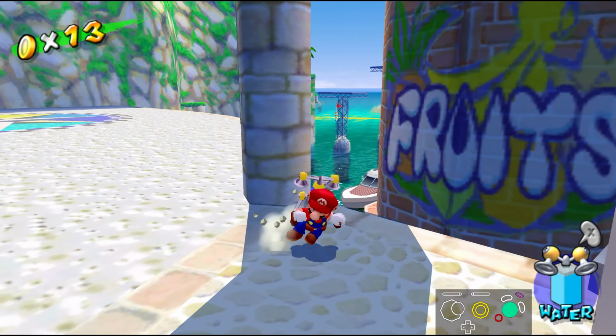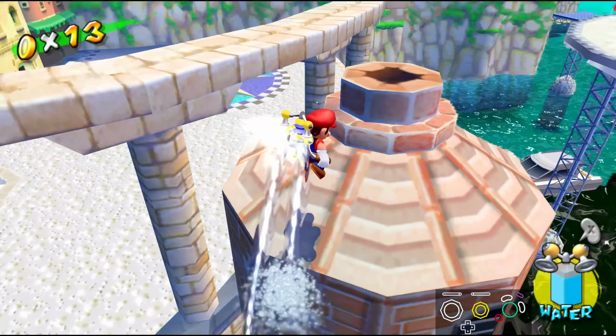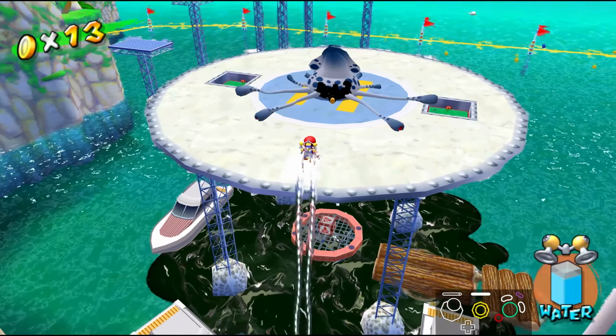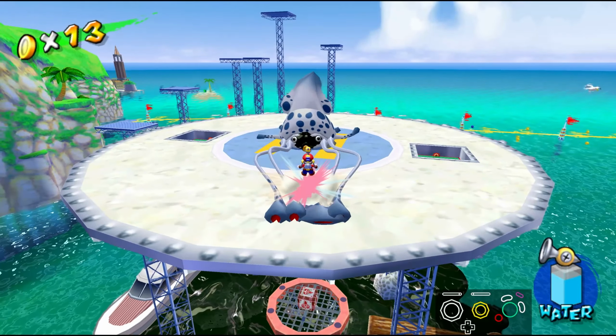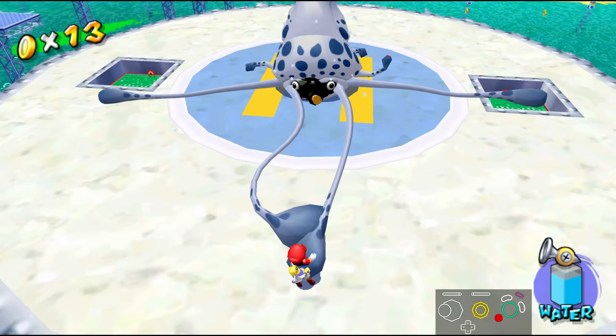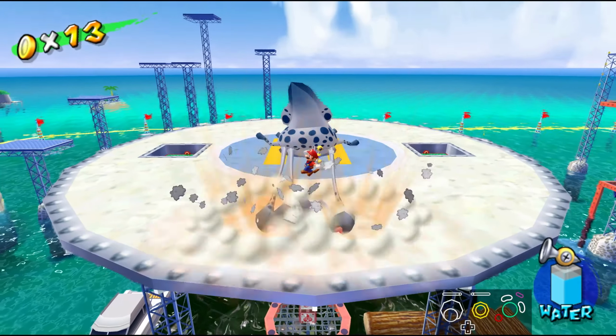So I'm going to kind of come up here. There are these big fruit containers, which we're actually going to use later on in Ricco Harbor. But look at this, pretty close. We don't even need to do any fancy jumps. We can just hover on over. And from here on out, this is pretty much the same exact fight as in the first episode of Ricco Harbor. If you missed it, all you really got to do is pull off all of his tentacles